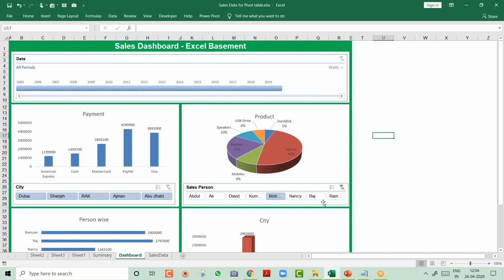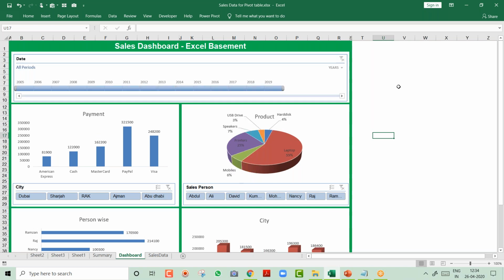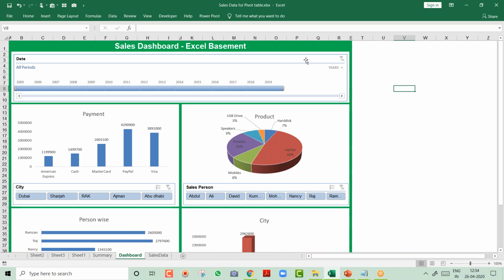So I click on it and everything is working. Like this, you can add a slicer for this and everything. I click on this clear, and if I click on this, everything is working, friends. Now you can have a more detailed discussion on how you lock the slicer, and that's a VBA part. We don't want to go into that. In fact, you can click over here on a PDF icon, and it will become a PDF to send it to anybody. You can have lots of things, but that will take some VBA part and everything.